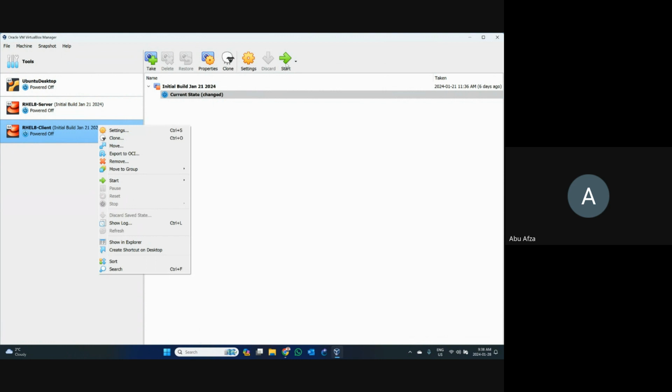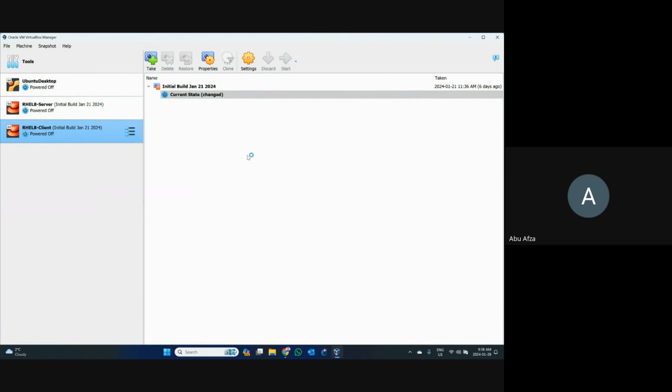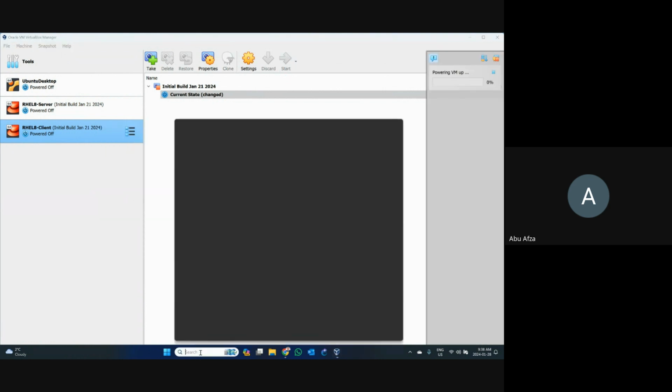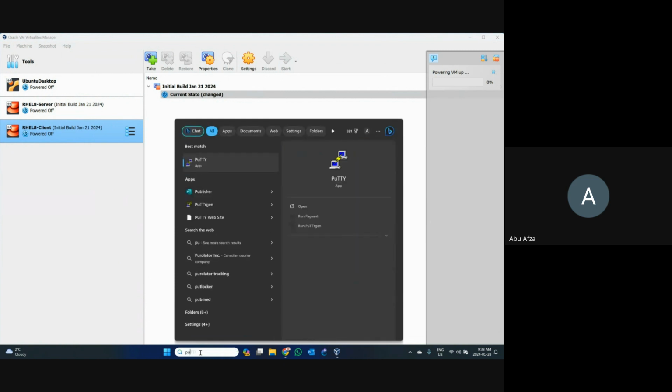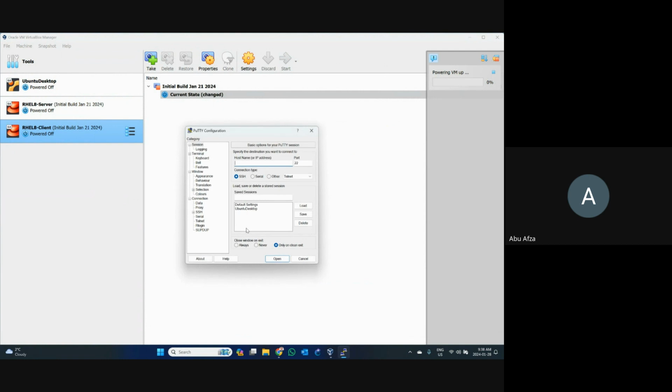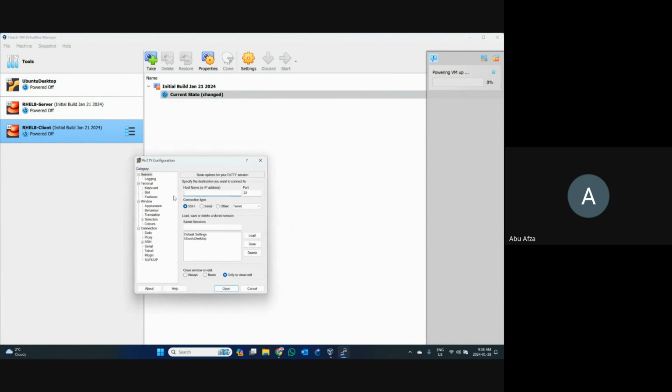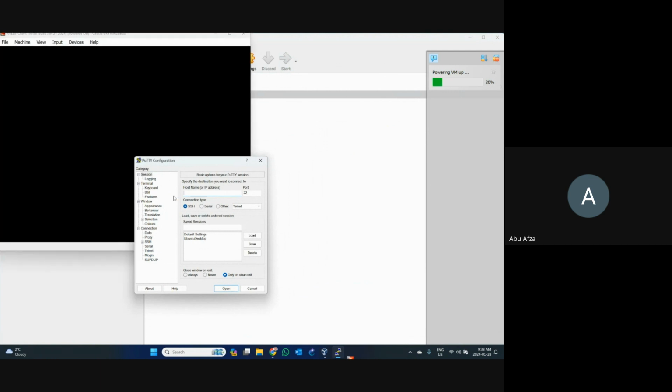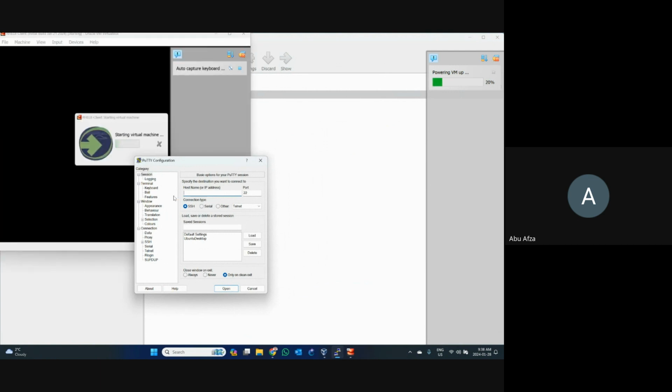Okay, let's start. Normal start. And I want to use PuTTY for my work, and PuTTY is very good software. You can use any other software, Kitty, PuTTY, or more third-party software is also available. Wait a couple of seconds.